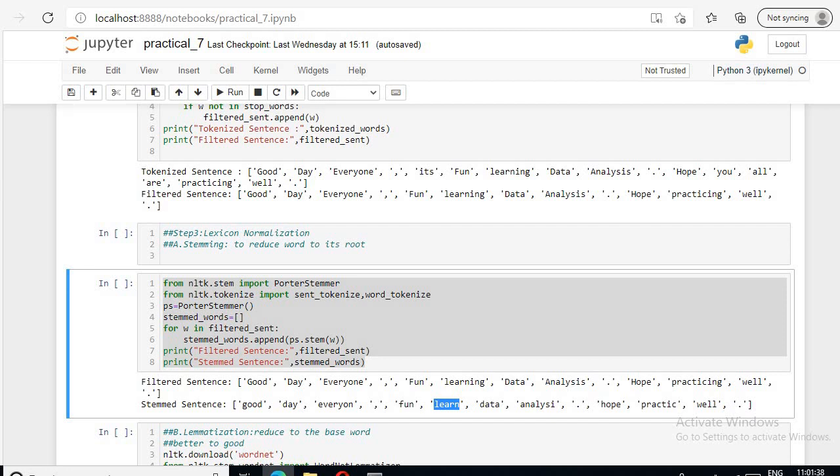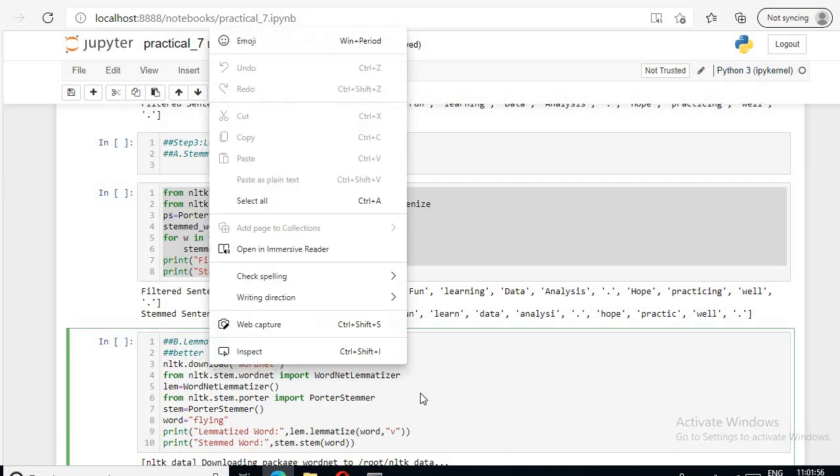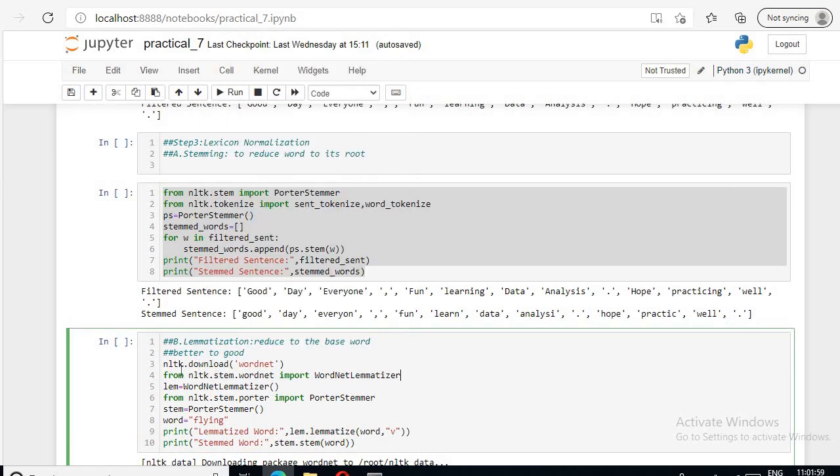Okay, now sometimes when reducing to the root, spelling mistakes may occur. Because of that you have to use lemmatization to reduce the word to its base form, like better to good. So for that you have to write nltk.download wordnet, and this is the code for lemmatization. Okay,